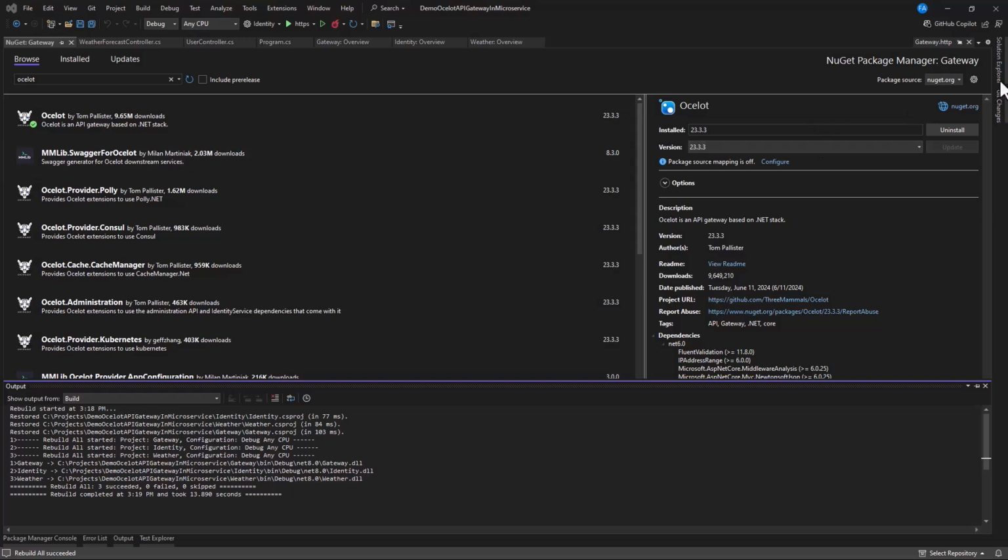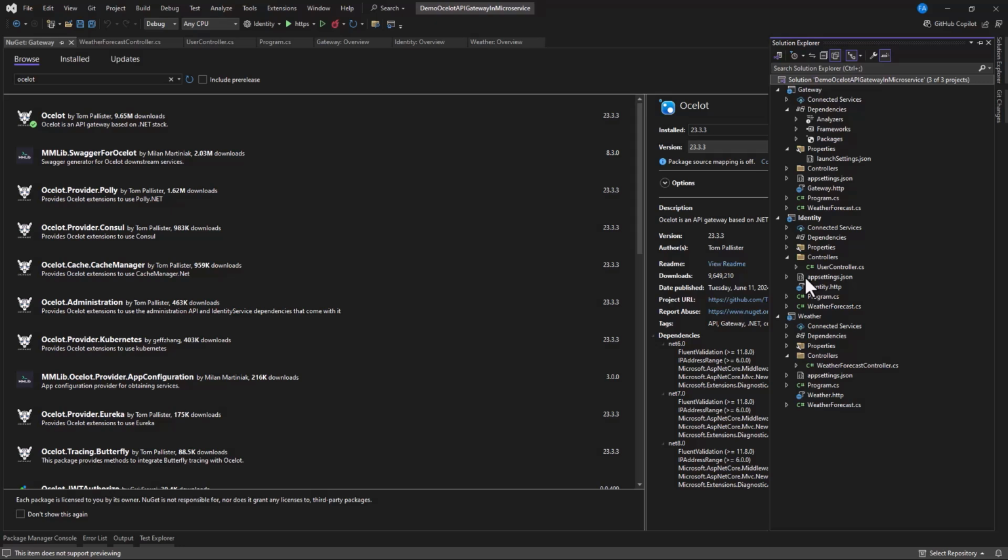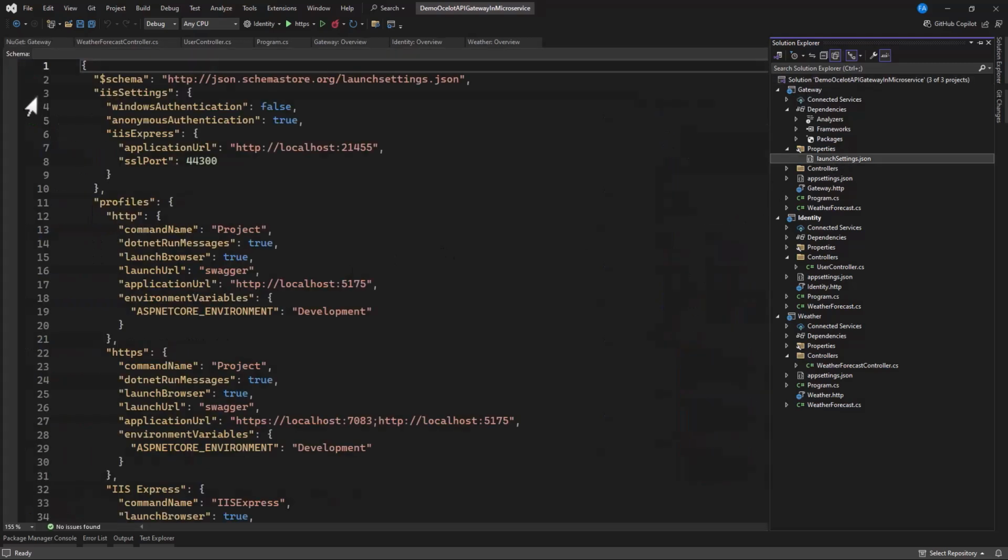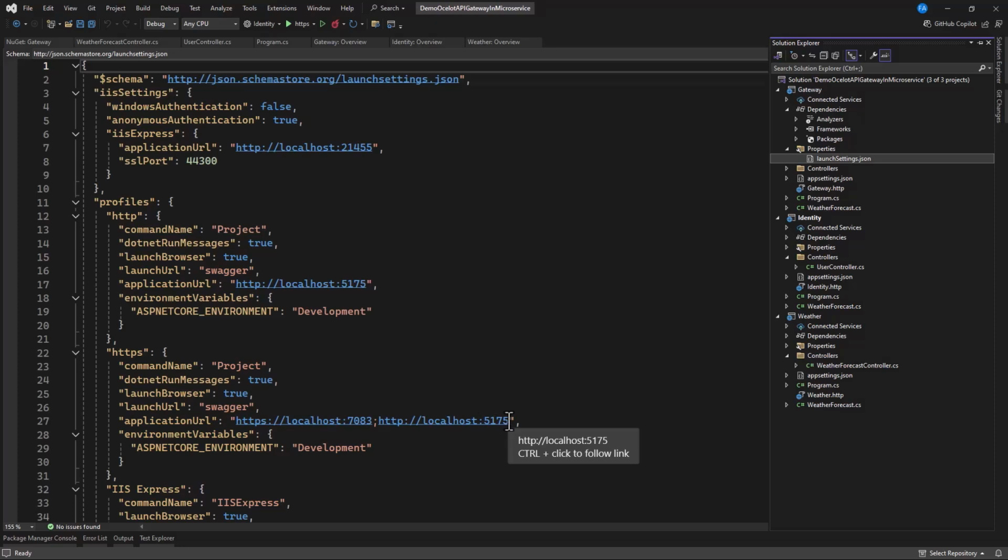So now we're done with the building. We go to our project. Now we want to have our API or our port in range. So we have 3 projects in here. Let's go and specify it. So let's go to, from the gateway, launchSettings.json, and then in here we can have access to our API gateways. Okay, that is a port. The gateway here, that is a port. Okay, so you can see from here we are having 7083 and 5175 for HTTPS and HTTP.